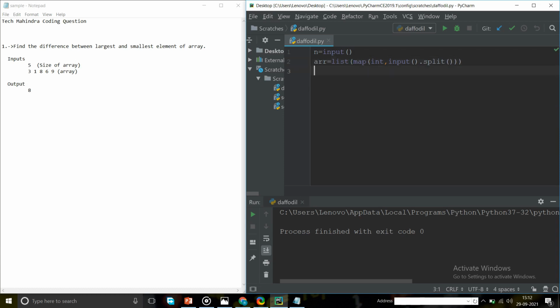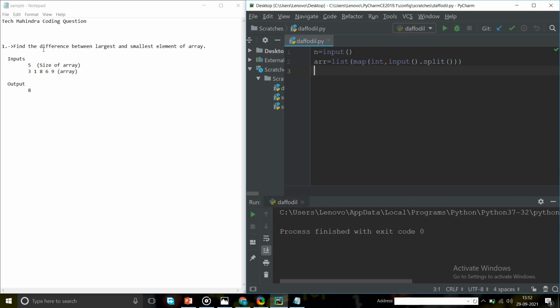Next we have to find the largest and smallest, so let us try to understand the question. I know this is a very basic question, but I want to make you understand firstly the syntax, like how to take inputs and all.